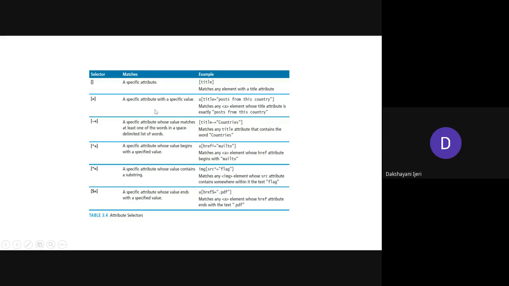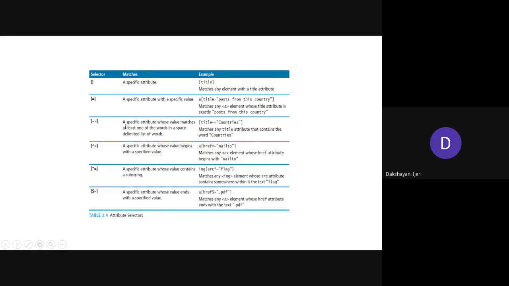So it is left to you how you want to use it, right? Suppose you want to restrict the application of the styles with a specific value to any attribute, at that time you can go for using the equal to symbol for that title along with the value where you want to apply these styles, right?